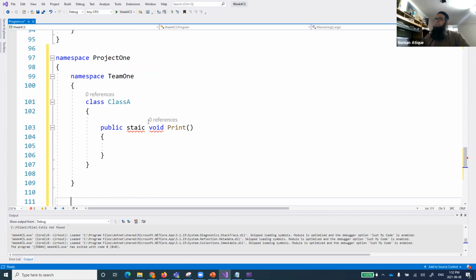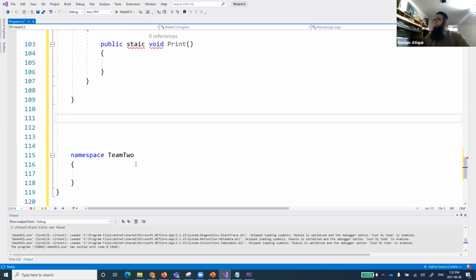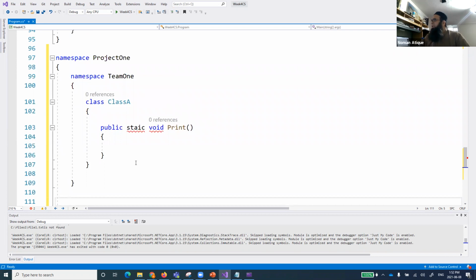On Project 1, I want multiple teams to work. For multiple teams, I'm creating different namespaces and giving them different team names, right? So I've defined a namespace for Team 1 and a namespace for Team 2, so that I may know what is going on in a typical project class.